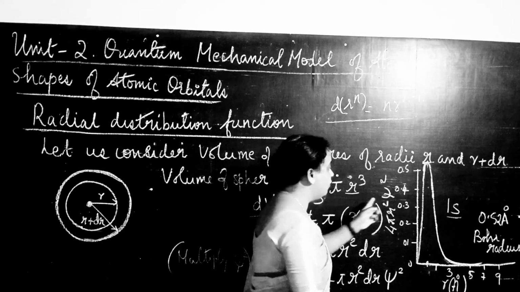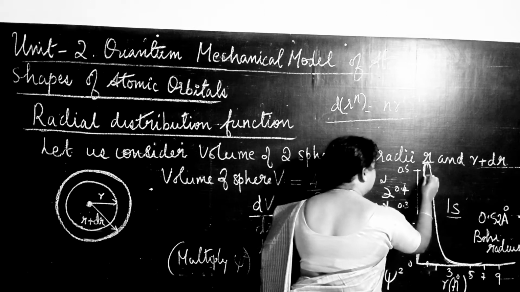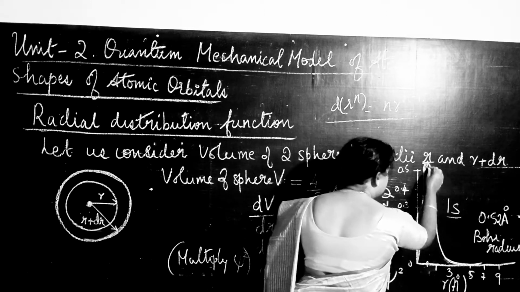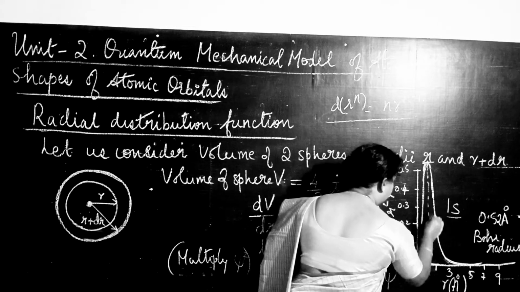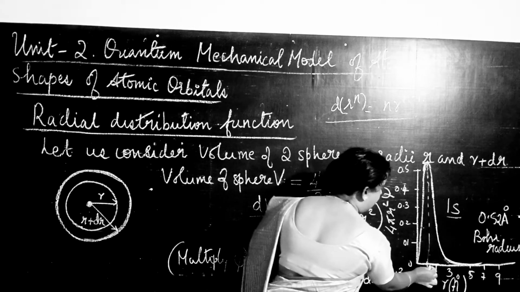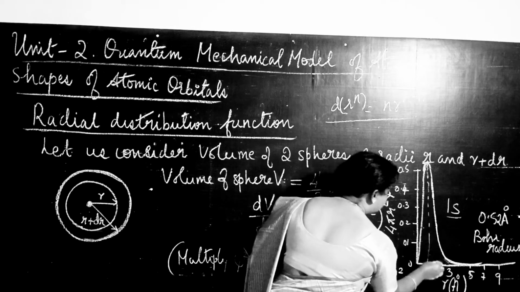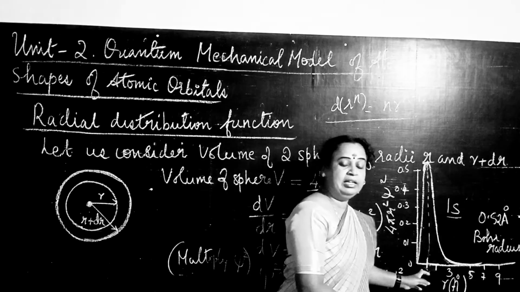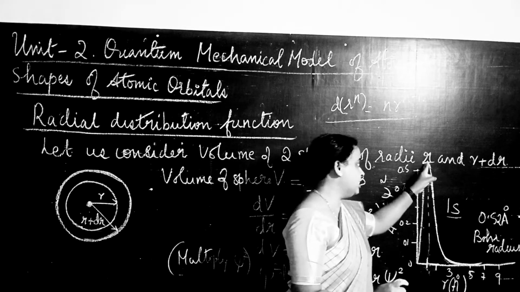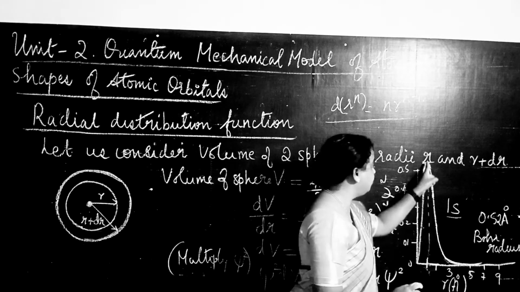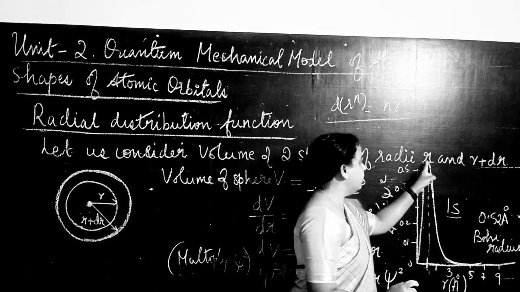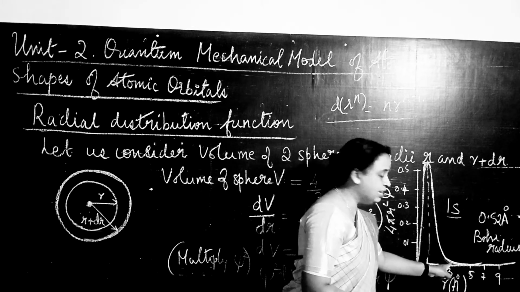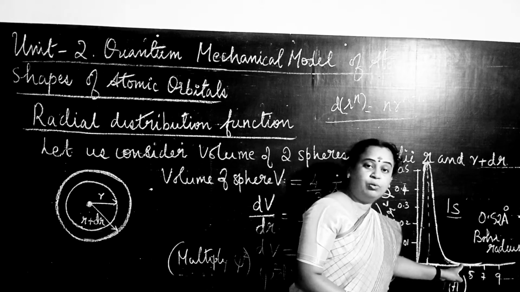So this psi squared value is more. You get a curve like this, from 0 it is going like this. So this value is nothing but your 0.52 Angstrom. So this is the radius. At this radius, the probability of finding the electron around the nucleus is maximum. So that's why the curve has gone up to maximum, and then from maximum it is coming down little by little, and finally when it reaches 3, it comes to 0.